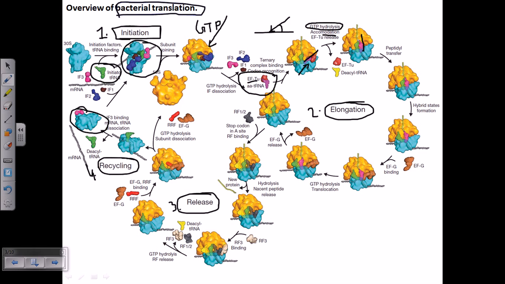Now, this is the peptide chain. It will be transferred from the initiator tRNA onto this amino acyl tRNA. How this transfer is done, we'll see in detail in the mechanism later. After that, it needs to form the hybrid state. Now we have an amino acyl tRNA holding two amino acids, because the initiator tRNA had one amino acid and the new amino acyl tRNA has another, so two amino acids are joined and held together by this tRNA.